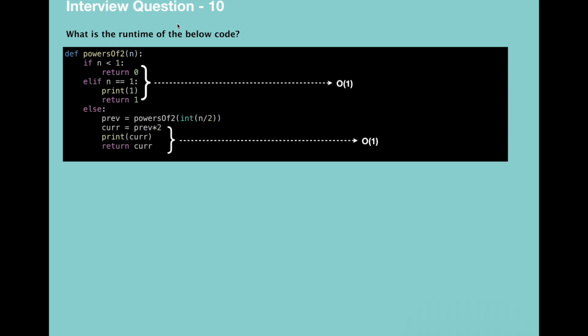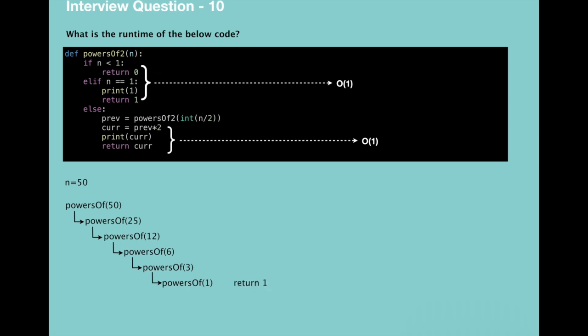So to make it clear, let's run this function for n equals 50. If we run our function for n equals 50, it will come over here, then call itself with 25, which is 50 divided by 2. Then again, this function will call itself with half again. So here we will call it with the parameter of 12. Then this will continue until we reach 1. So when we reach 1, the return value from this function will be 1.